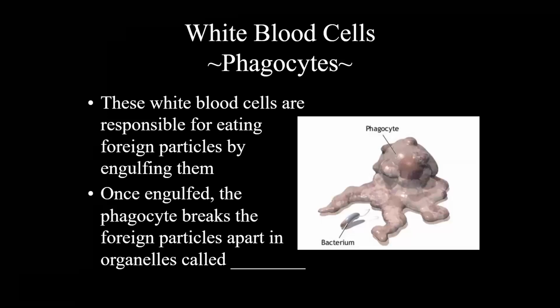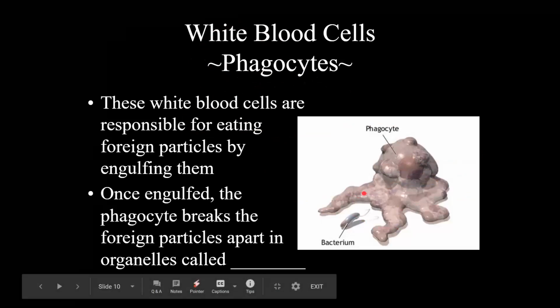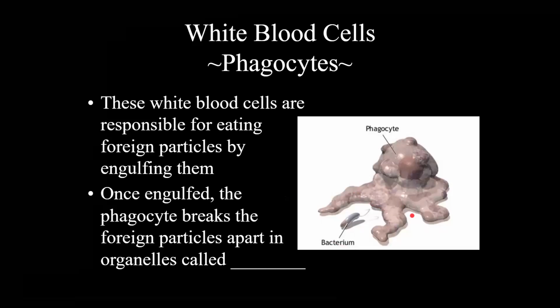So one type of white blood cell that's really cool is called a phagocyte. Phago is a Latin word meaning essentially eat. If you think of the word engulf, that's kind of similar. So phagocytes essentially eat the bacteria or virus cells. The phagocyte will envelop the bacteria. You see here, it's stretching out to circle around the bacteria and then absorb it